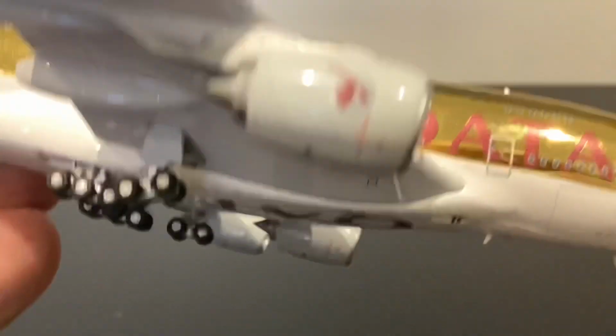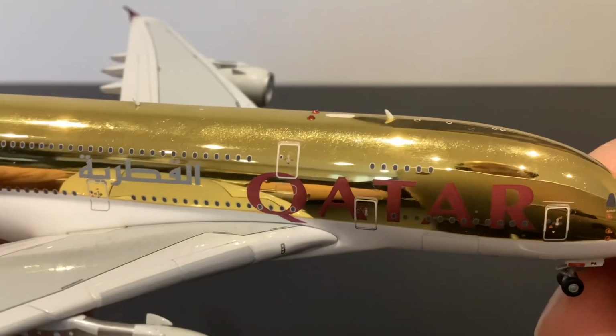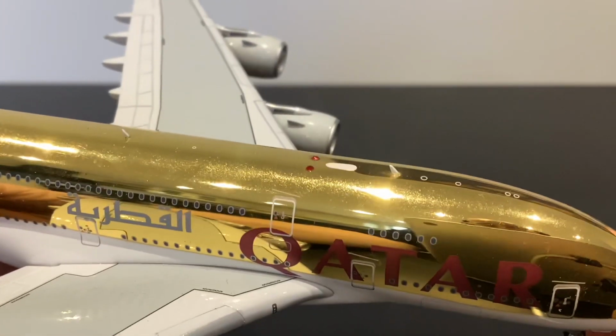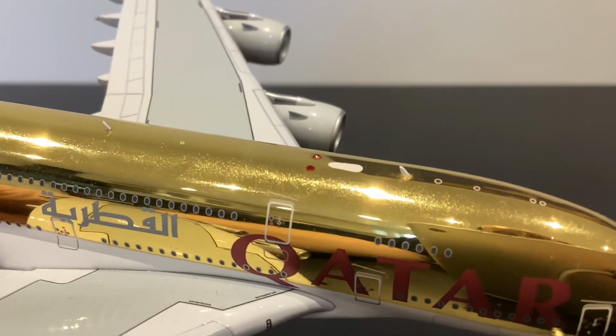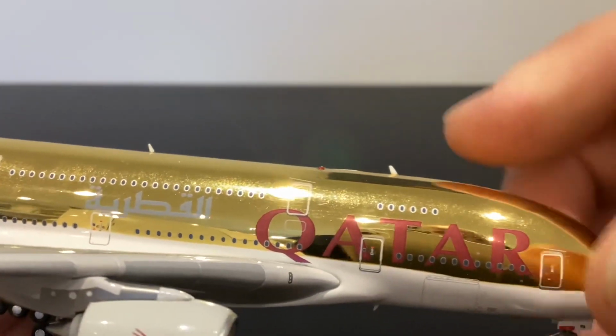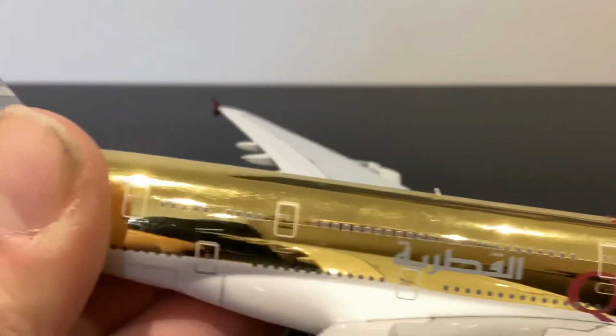When we talk about detailing in AV400, of course, we talk about beacon lights, and you can see them glistening on the golden fuselage roof here. We've got the two beacon lights side by side on top of the fuselage. Both of them look quite nice. And then we've also got a slightly raised area here, which is for this little hump. And then back,